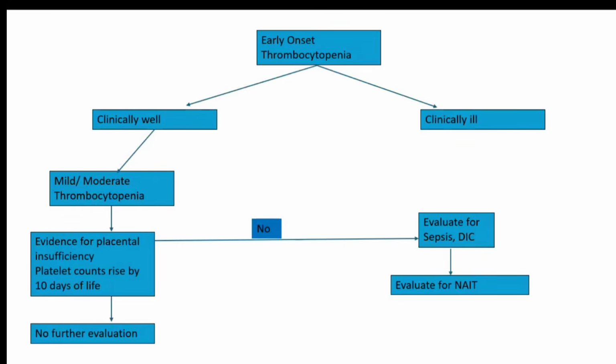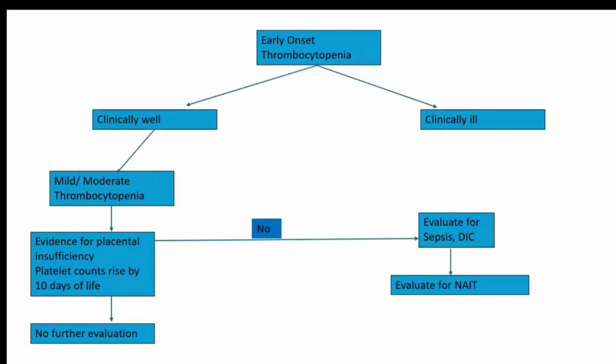So NAIT stands for, can anyone tell? What is NAIT? Neonatal alloimmune thrombocytopenia. Okay, so what happens usually, sometimes the fetus, when the fetus is in utero, will have certain